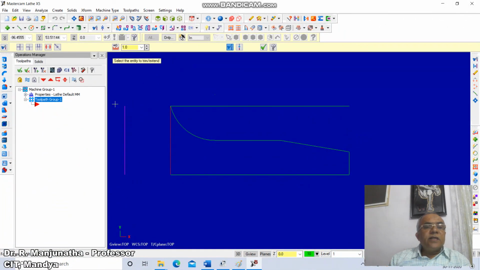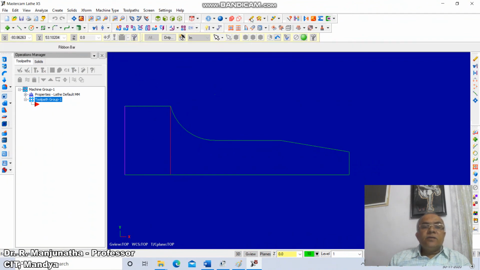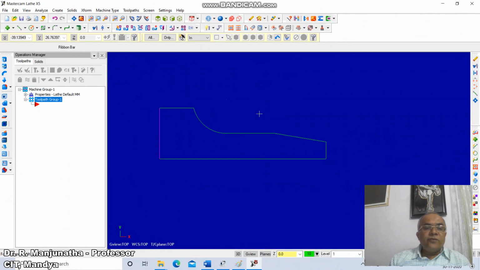Then go to extend, select this line, extend till here. Then go to trim, select this line, trim it till here, select this line and trim it here. Then go to extend, select this line, extend till here, then delete this line. So now we have this.